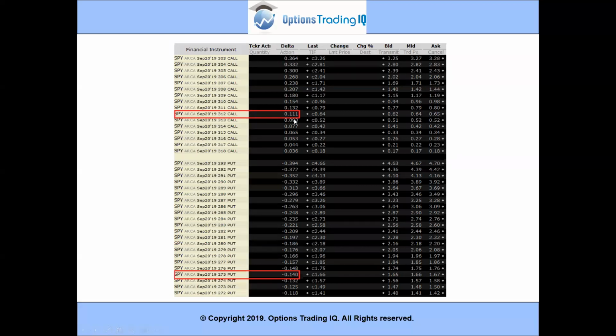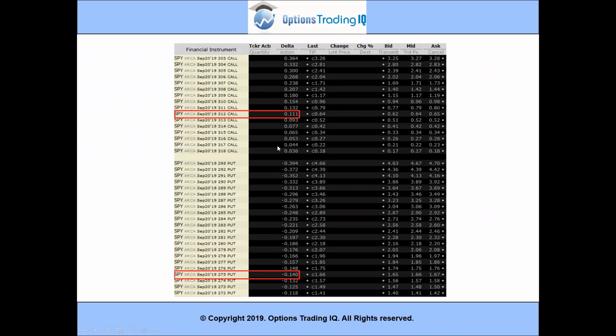So to keep delta neutral, we actually have to trade a slightly skewed trade, and I'll talk about that. Doing unbalanced iron condors is something that I do a lot, where you're actually trading fewer calls than puts. Okay, so that's our delta, and you can see that that's a pretty true relationship, because